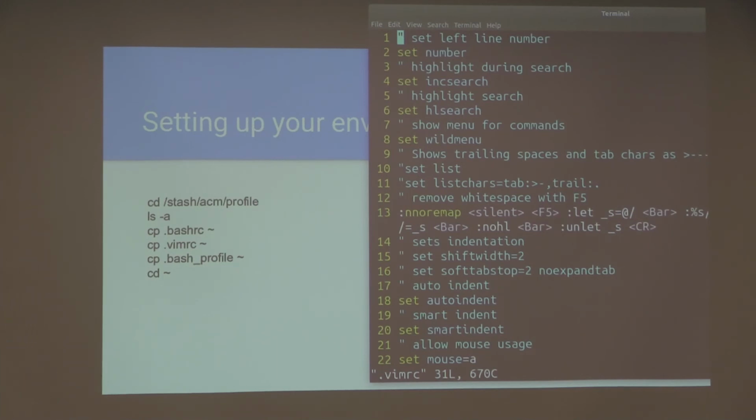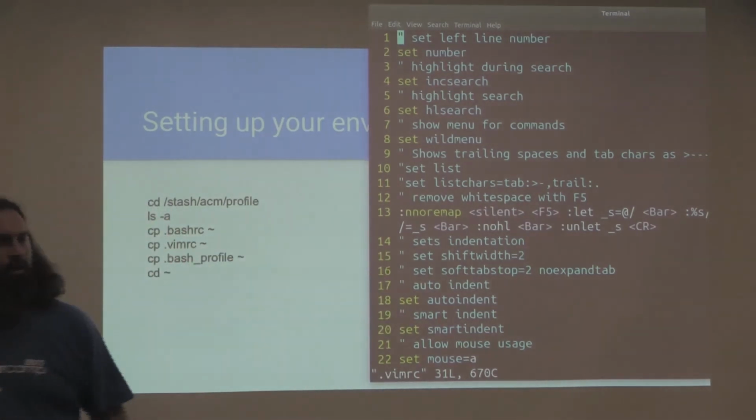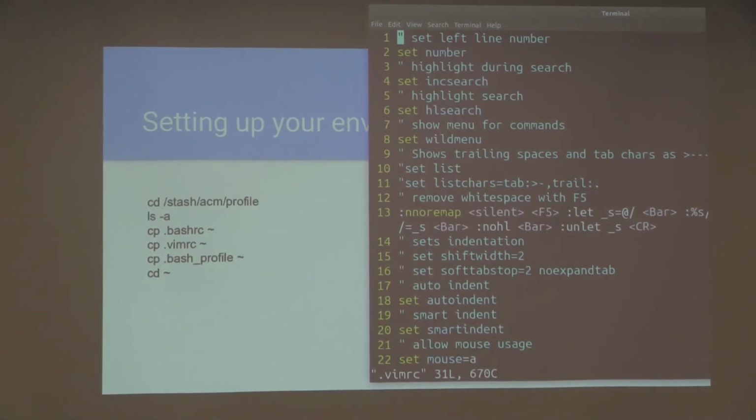That's why we're here. So when you're trying to compile a program, a very common error will be, hey, look at line blank. So why don't we just look at the line numbers while we're going through it? Instead of setting the line number every single time we open Vim, we can say, hey Vim, when you open, I want you to look at the .vimrc and do this stuff. So it's actually looking in this file and saying, oh, I need to run all of these commands. So set number actually makes the numbers that you'll see on the left side.